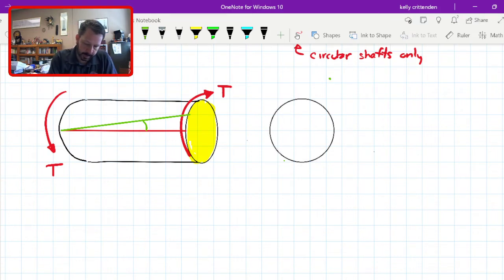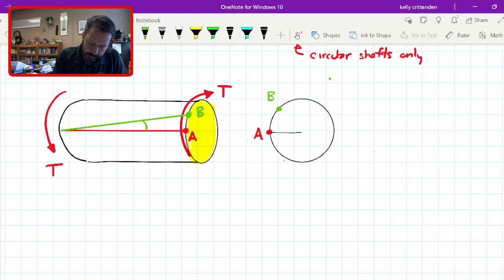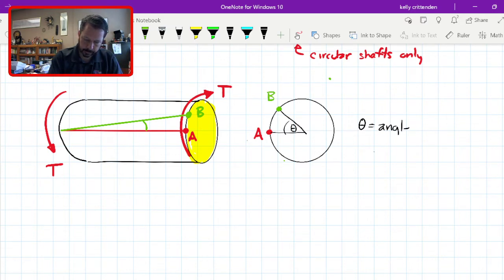And let's say that's point A, and it's right there. And then this is point B, and it's right there. So point A was the end of this horizontal line. I twisted the shaft and it moved up to point B. So point A moved to position B. The angle here, that's our angle of twist. And it's going to be our equation,